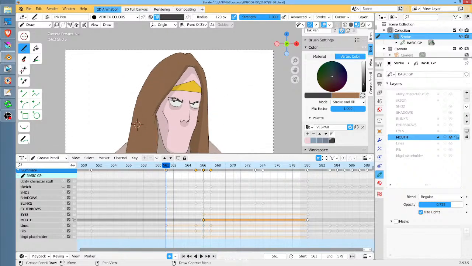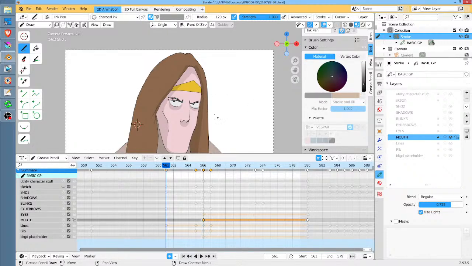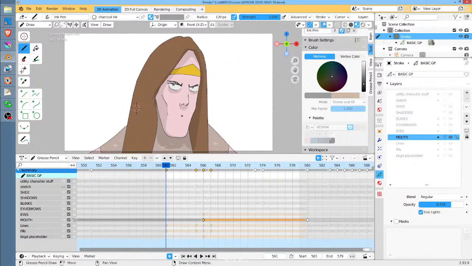All right, so now I'm going to switch my materials. I've got my ink pen. I don't want to be in vertex color mode. I do want to use charcoal ink, which is my standard color I use for